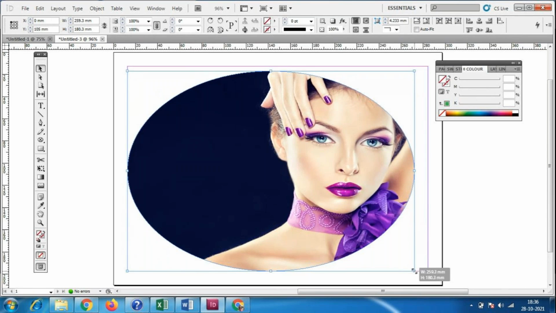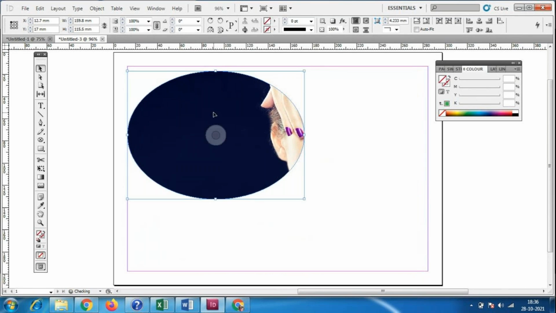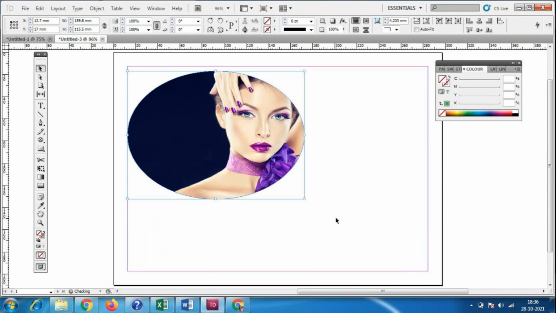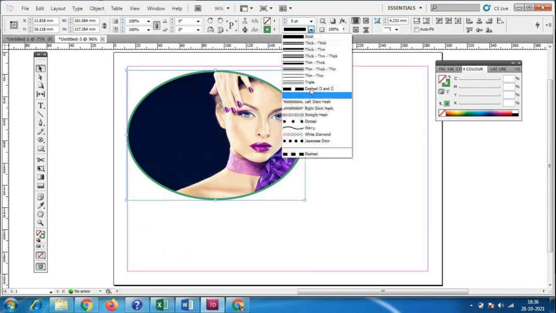Okay, now right click on this, Fitting, Fit Content to Frame. Now I want any outline color or outline thickness, any outline options. Those things I'll make.